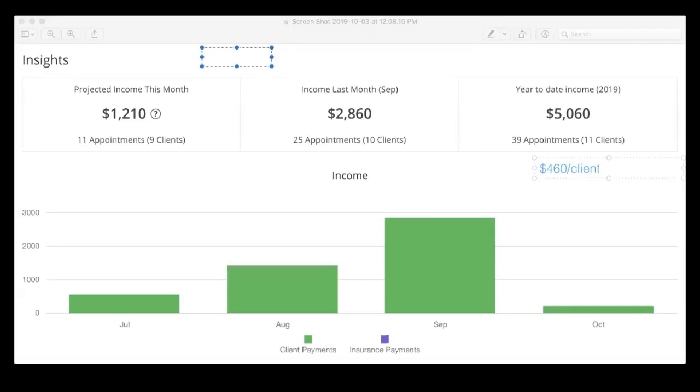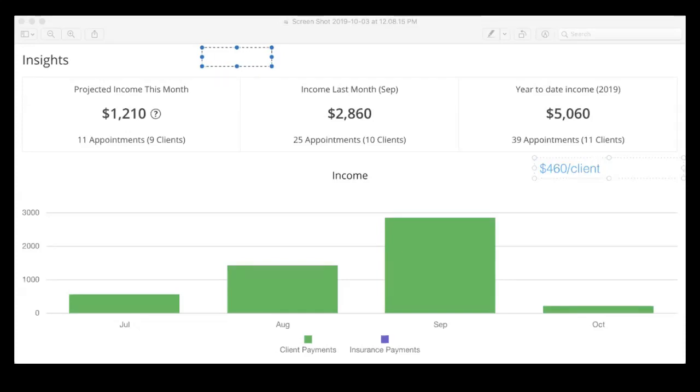Now, think about this. We also have projected income this month where most of these people, we have 11 total, but there's 9 already scheduled this month, which means most of these clients are sticking around month after month after month. So that $460 a client is likely to go up, and there will be a place where that caps off.